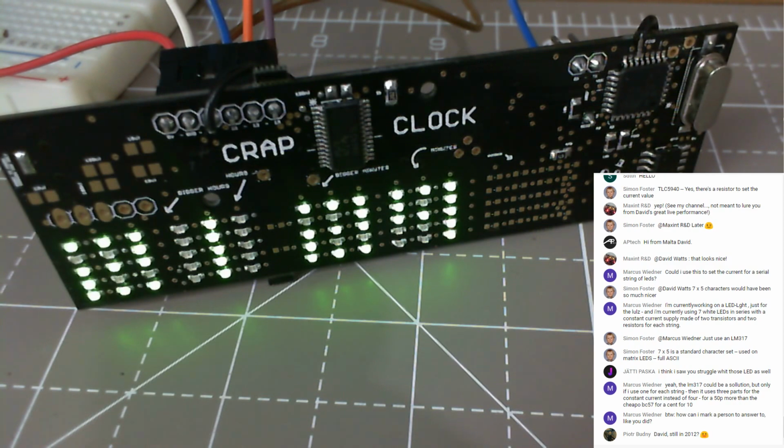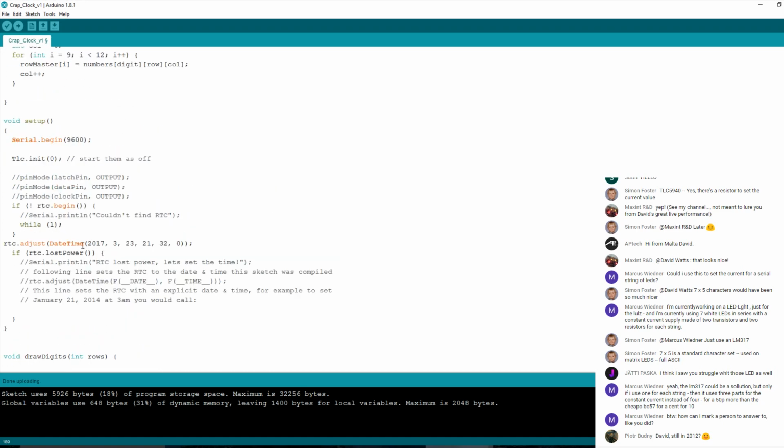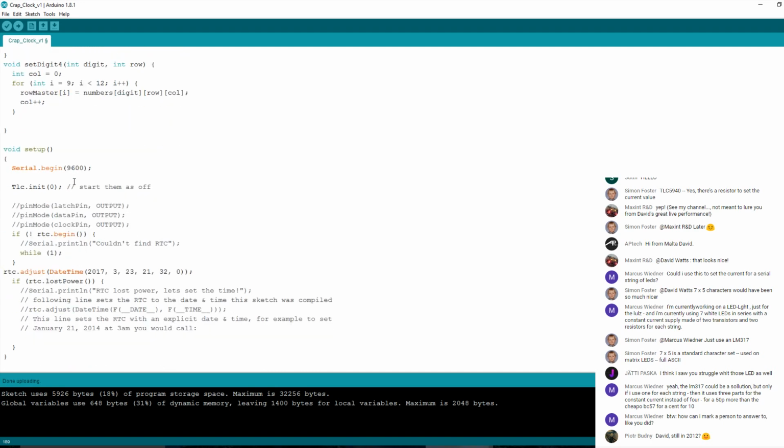I've got it in the lost power loop still, and I don't want to do that because for some reason this circuit's holding quite a lot of capacitance, so it's not doing it. So let's just set it in. Let's just set it just there, and we'll just do this the once. But it does mean every time it reboots, it's going to be set to that time. But that's not a problem, and we'll change that to a 3, so it's actually the correct time in now. So if I upload using the programmer now,